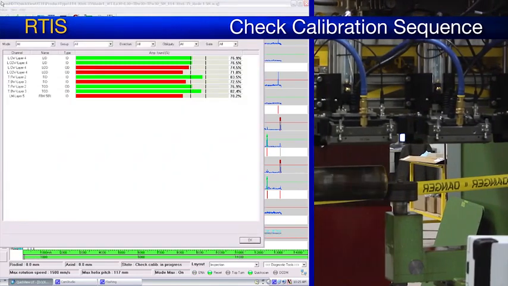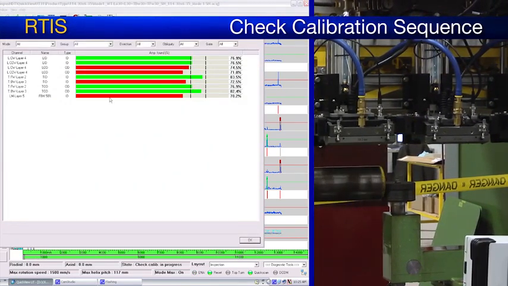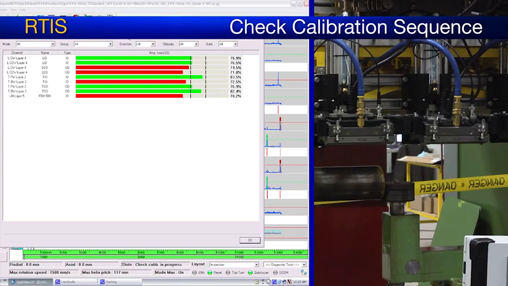As you can see, this check calibration was successful as all the defects were detected above the alarm level of 50%.